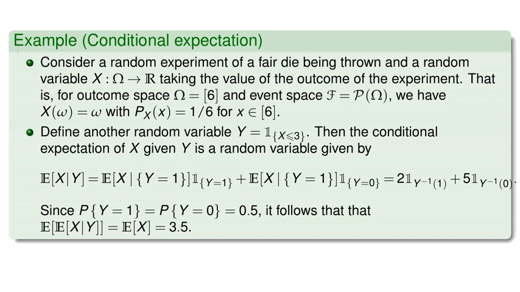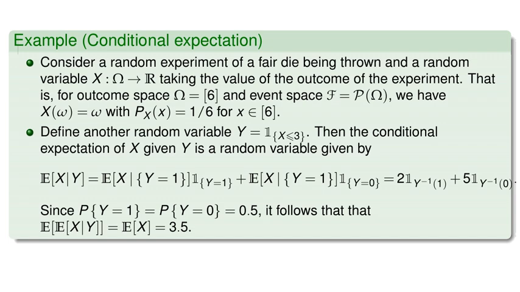Thus, the expectation of x given y is 2 times the indicator of y equals 1 plus 5 times the indicator of y equals 0. Since the probability that y equals 1 is 0.5 and the probability that y equals 0 is